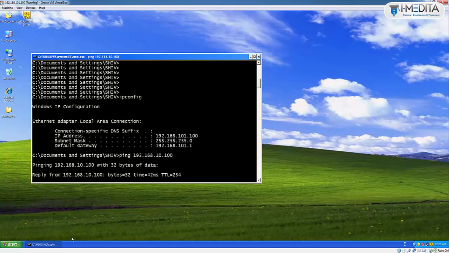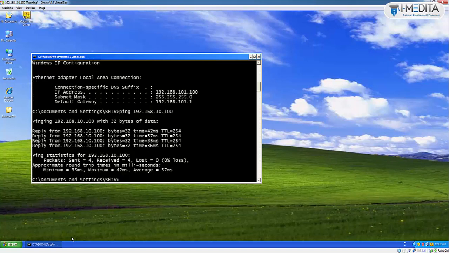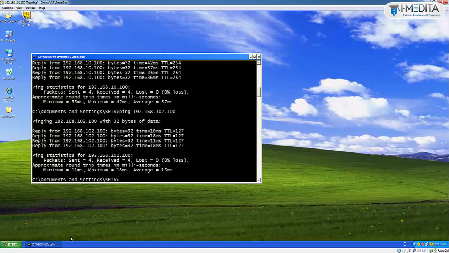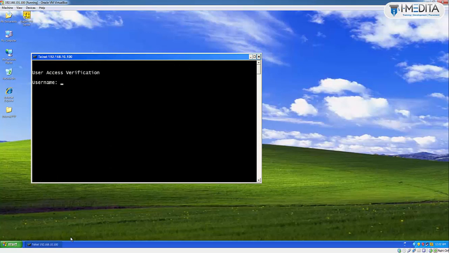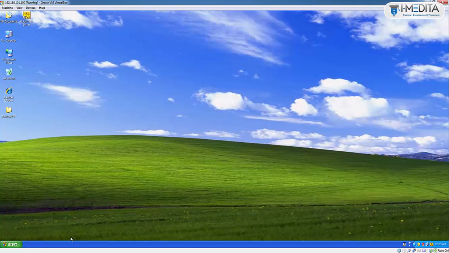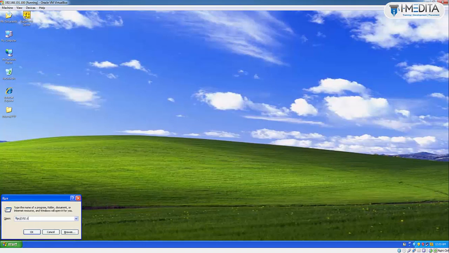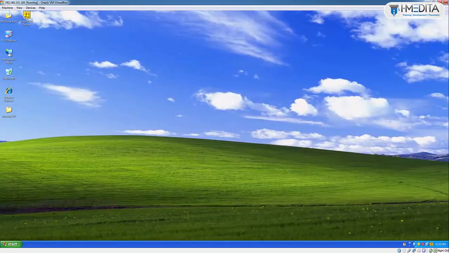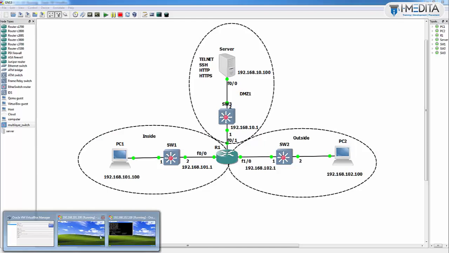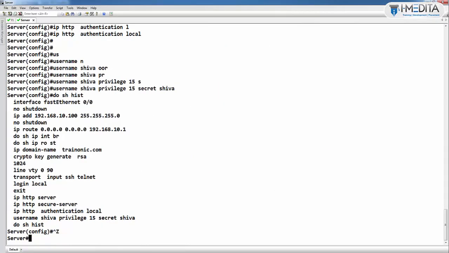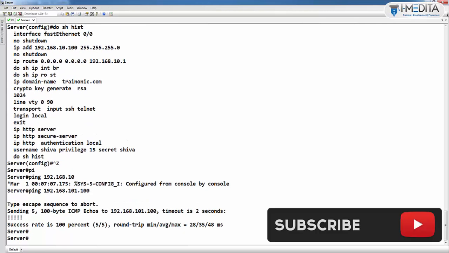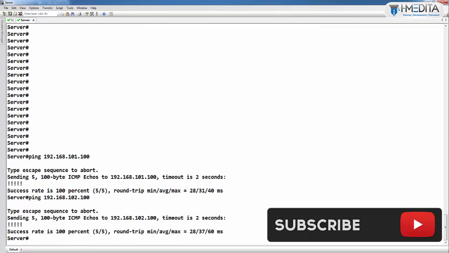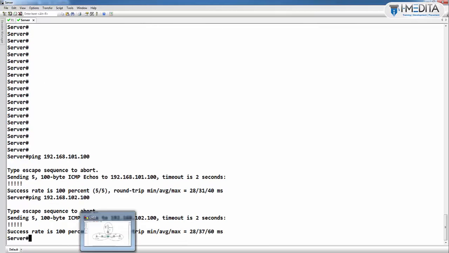ping to 10.100, yes, working, ping to 102.100, working, telnet to 10.100, working, FTP to 102.100, working. Then go to server, ping to 101.100, ping to 102.100, working. Then we